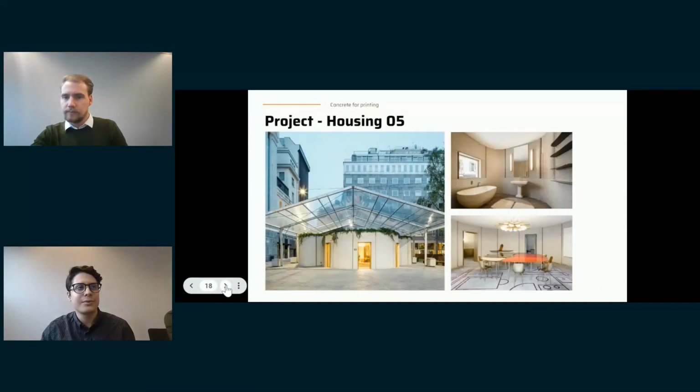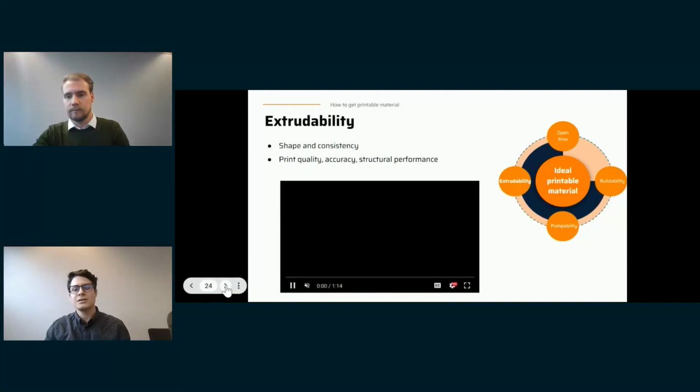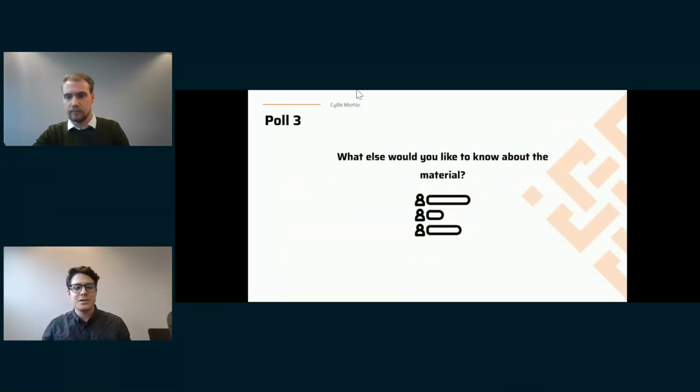Yeah, one of the main problems of 3D concrete printing now, since it's a new technology, is that there are no Eurocodes or IBC codes that can provide a standardized way. But there are many institutions. Actually, we are working with institutions that can make the standards, and we can provide them our experience. But I think soon there are going to be a lot of codes that take 3D concrete printing into account in the normal codes. Exactly.